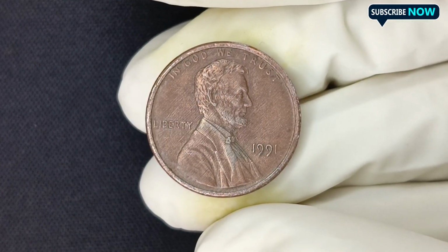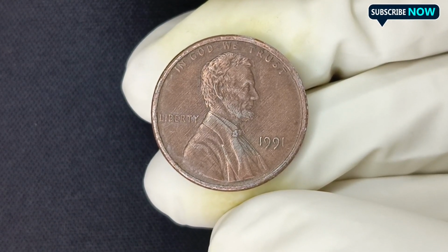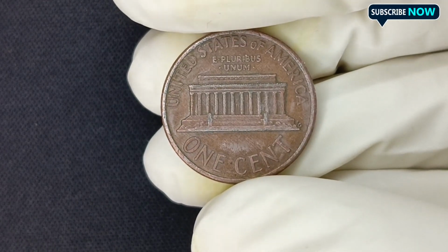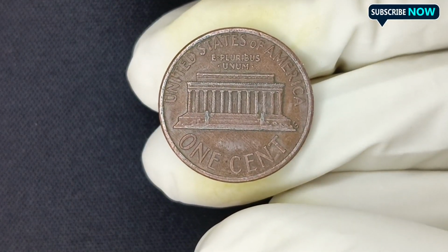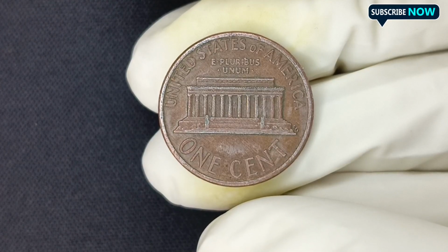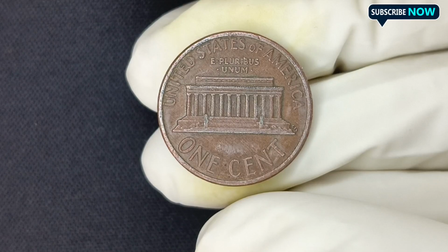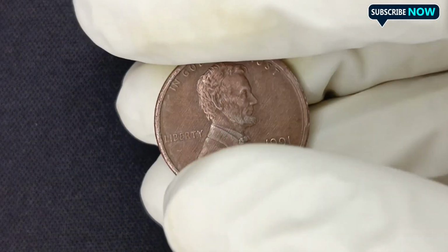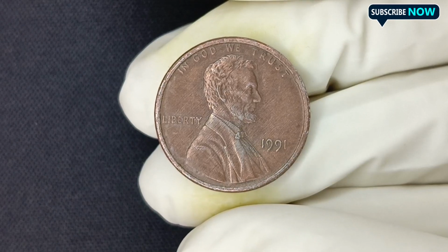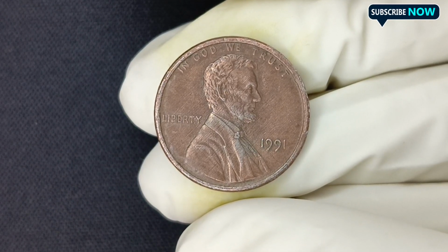Top 2. The United States of America has a rich history of coinage, and among the most fascinating and sought-after coins is the 1991 1-cent piece. While a penny may seem like an everyday object, certain rare and extraordinary examples have captured the attention of collectors worldwide. The story of this particular 1991 penny is one that blends history, craftsmanship, and a stunning valuation that has left numismatists in awe. The Lincoln cent has been in circulation since 1909,